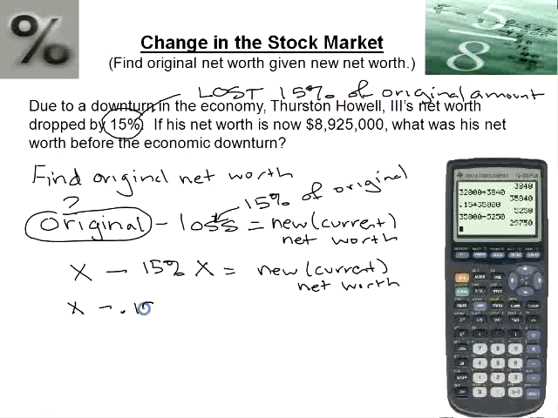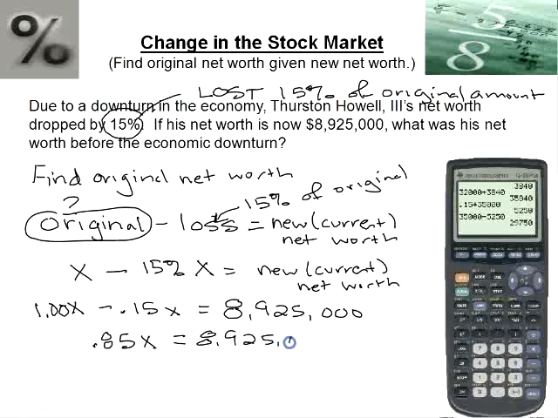Well, I can't handle 15%. I have to write that as a decimal. So X minus 0.15X equals his new current net worth, which is only $8,925,000. Now a reminder, X is really 1X, and 1X is really 1.00X, and so X minus 0.15X is 0.85X. Just think about if you have $1 and you spend 15 cents, you're left with 85 cents. So 0.85X equals